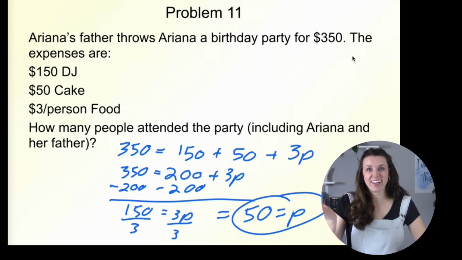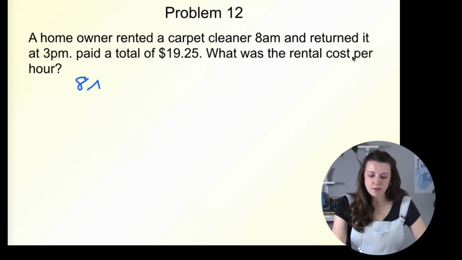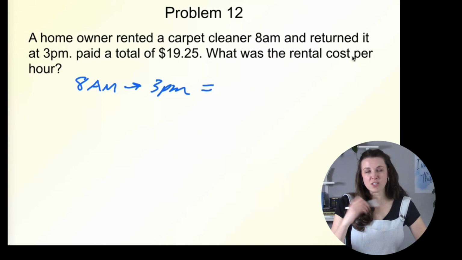Happy birthday, Ariana! A homeowner rented a carpet cleaner at 8 a.m. and returned it at 3 p.m., paid a total of $19.25. What was the rental cost per hour? Okay, so let's figure out how many. So we have 8 a.m. to 3 p.m. So how many hours is that? So 8 to noon is 4 hours, and noon to 3 is 3 hours, so 4 plus 3 is 7